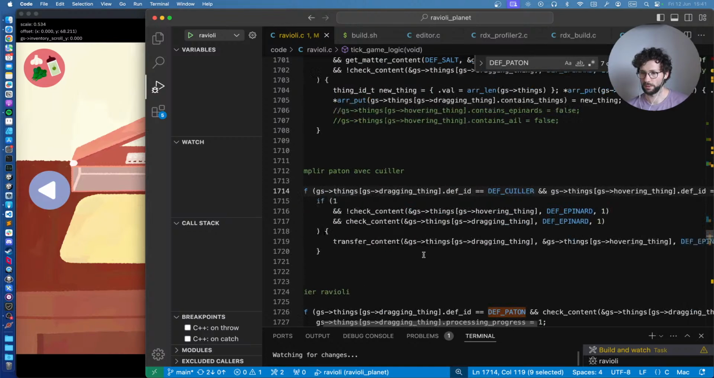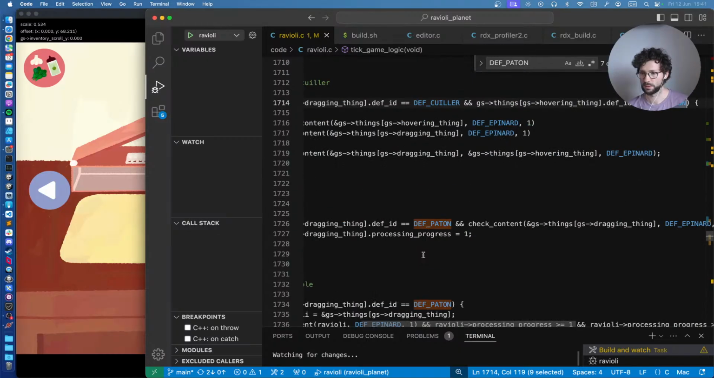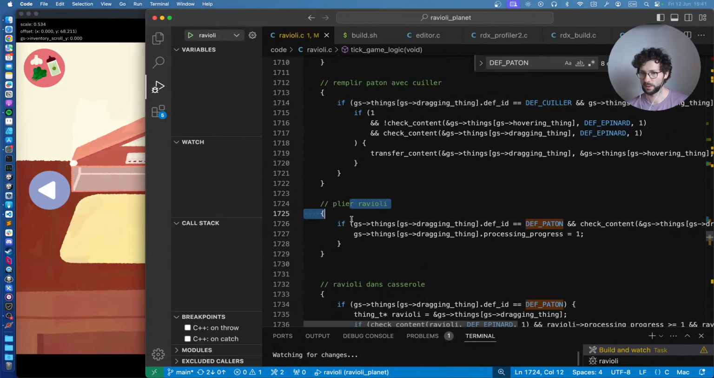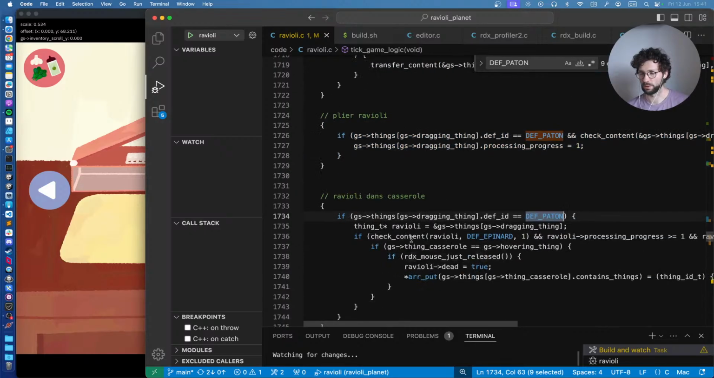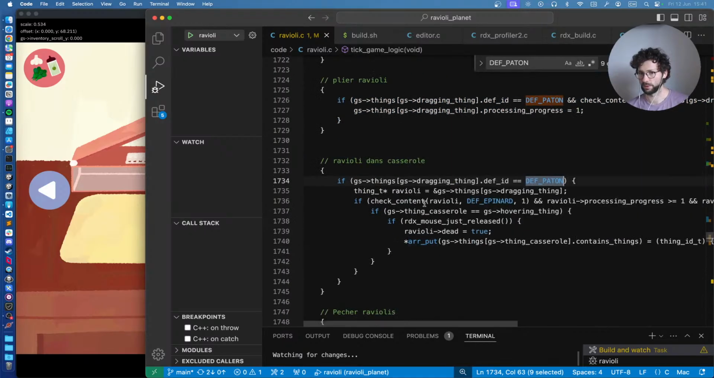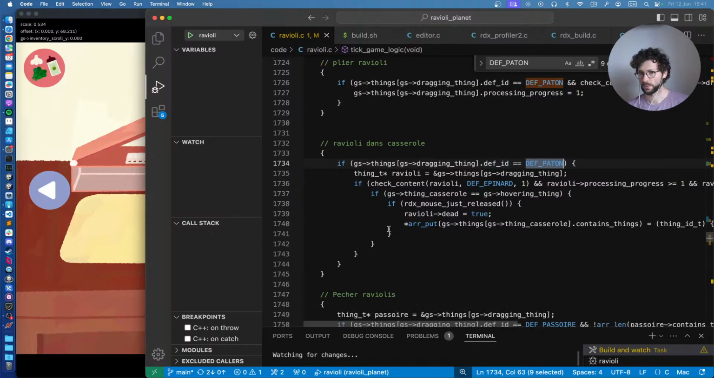So I'm thinking that's to fold them, but maybe the round ones don't need to be folded. Has to put them in the casserole, in the pot. But yeah, let's